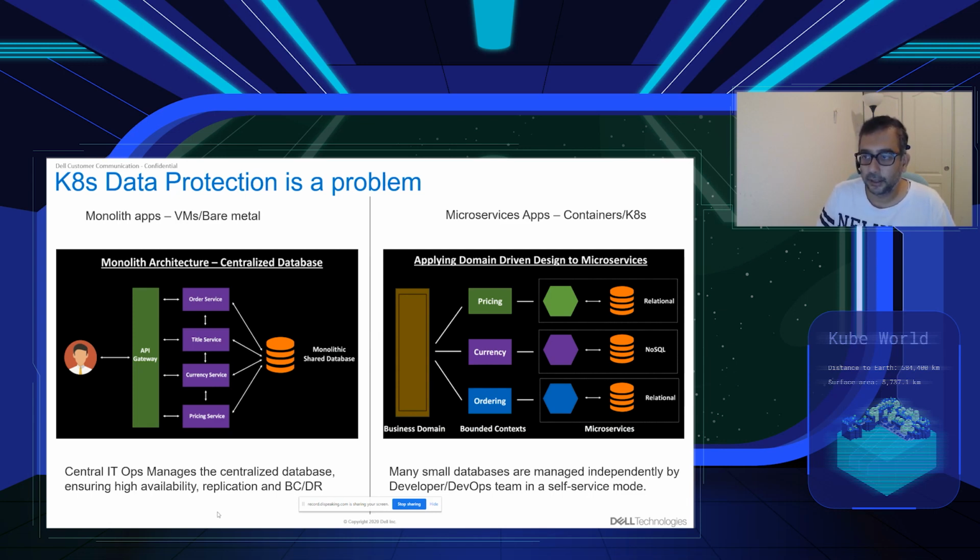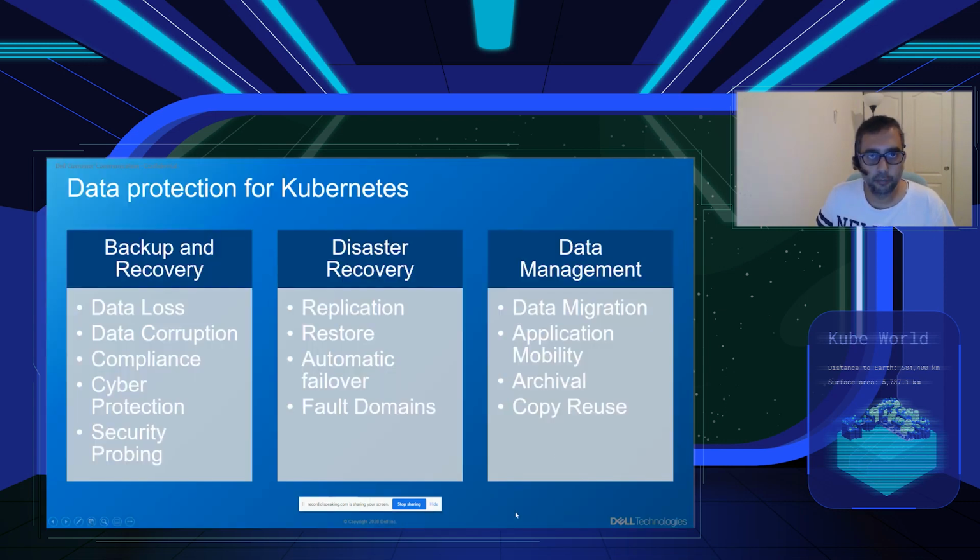So now you can see that this paradigm has changed. All these databases are spread across the cluster. You have multiple of these microservices, and a ton of these small databases spread across your entire cluster, all being managed independently by developer and DevOps teams in a self-service mode. And this is the problem that we are looking to solve: how we provide data protection for these distributed microservices environments with Kubernetes. So when you look at data protection for Kubernetes, there are three essential pillars that we look at